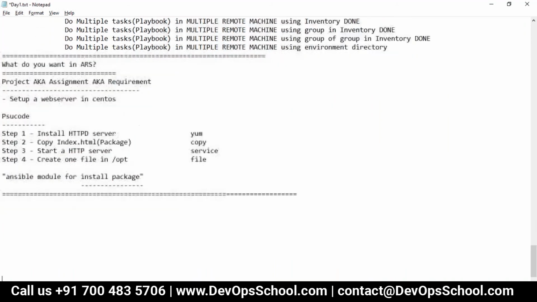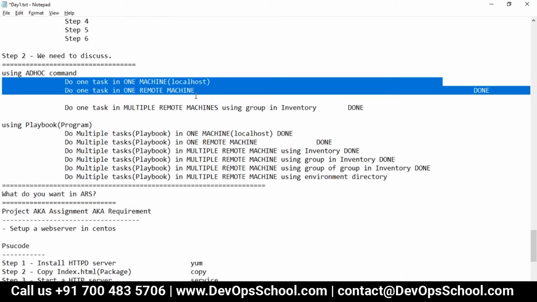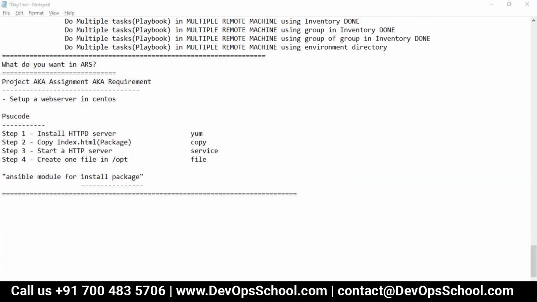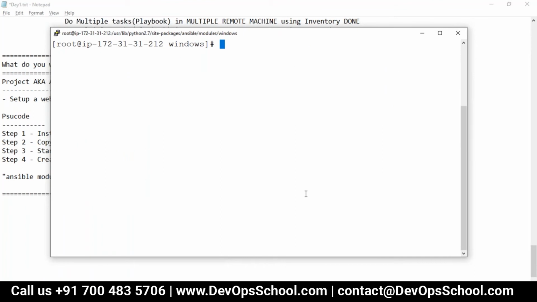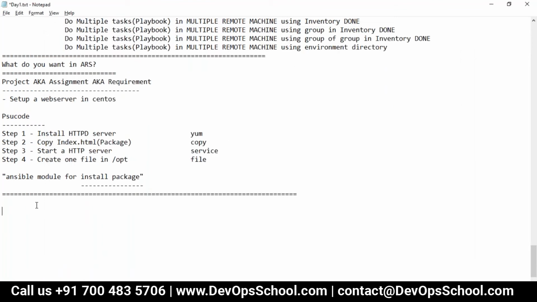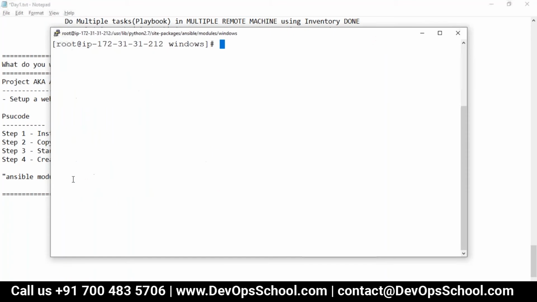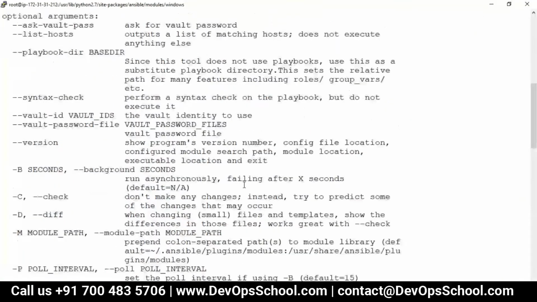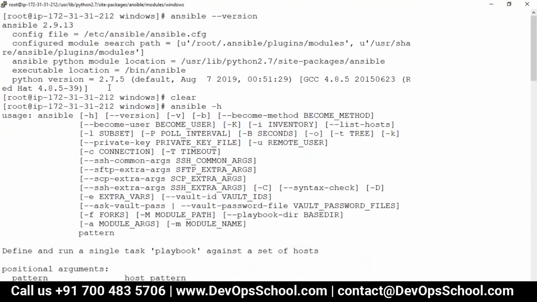Now what I want, so we decided we'll do it on the localhost first of all. Which one? Ad hoc command. Guys, the problem here is I don't know how to use Ansible ad hoc command. So general practice says if you don't know, then ask the tool itself. Can I ask? Wonderful. Oh, so many options. So many options I got. So guys, I want to reduce this size.